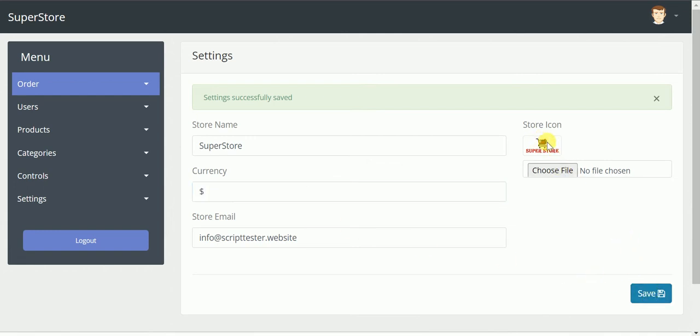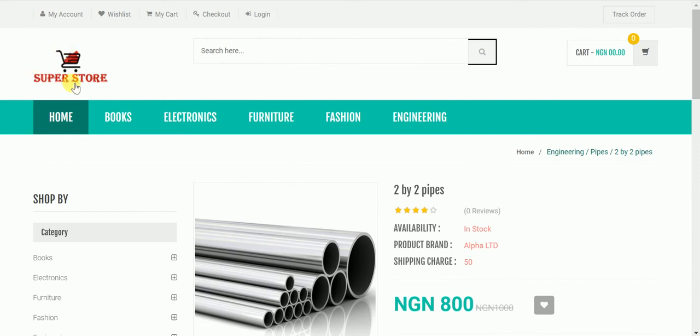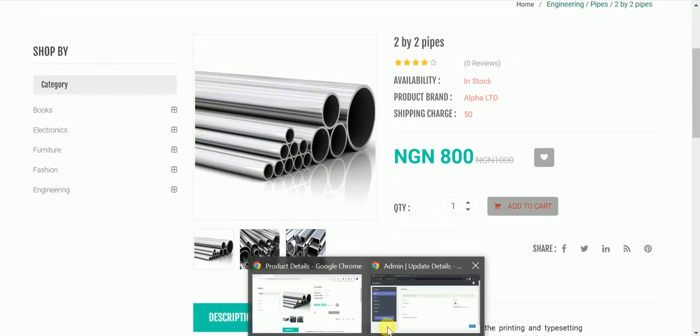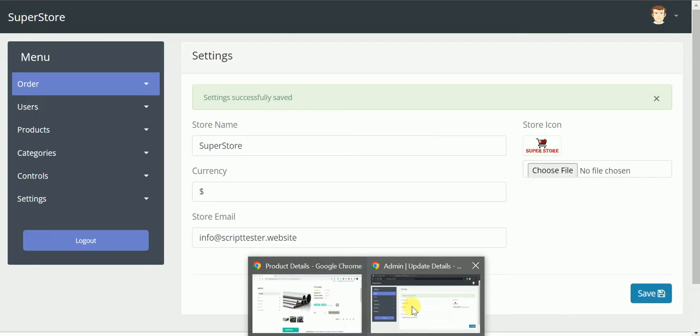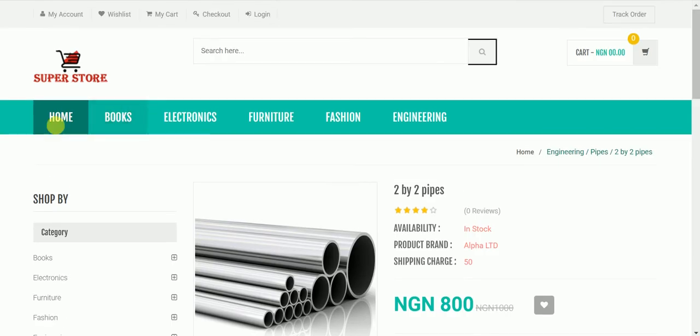Any logo you add here will take over the logo of the site, and also the logo that appears everywhere on the site. So this is where you can change your logo, and this is where you can change the emails. I'll show you a sample of the email of this script. So while we proceed, let's try to make a purchase. Let me go back to,